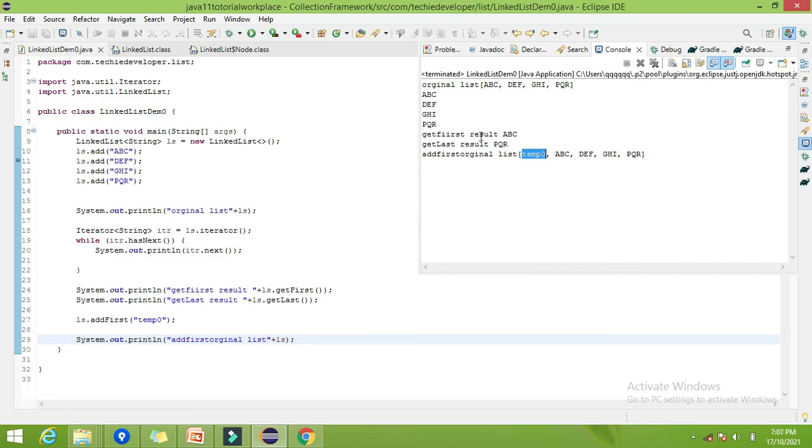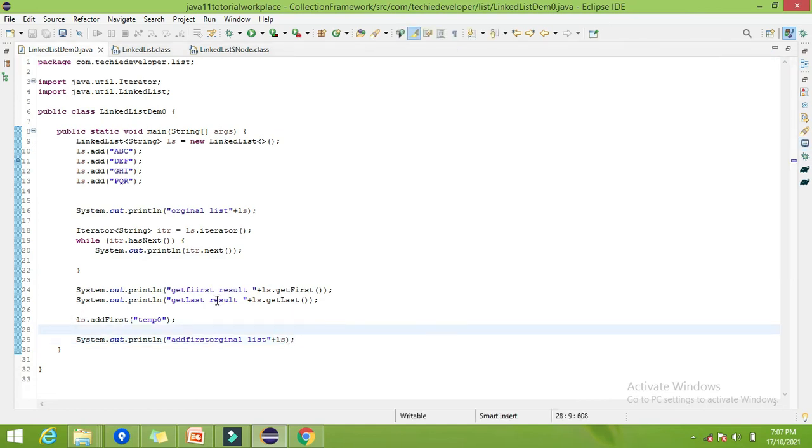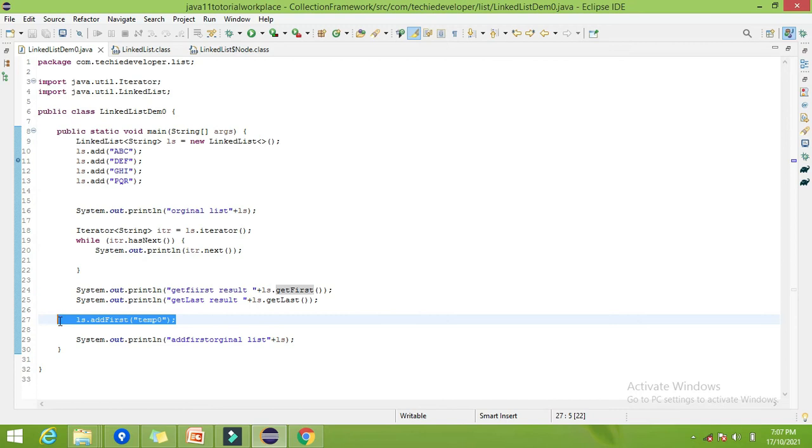Here you can find the getFirst result is still ABC, because we have executed the getFirst before adding the very first element. When we executed getFirst, we had not yet added this temp 0 string. Whenever we fire any method, it executes on whatever the original list is at that instance. That's why getFirst returns ABC here, not temp 0, because we added after the getFirst method. So that is all about addFirst.